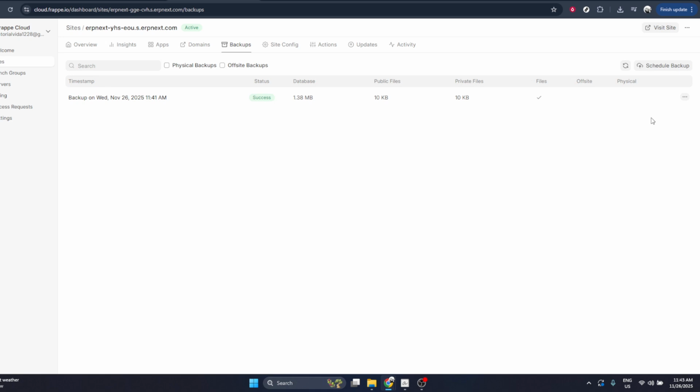Here, carefully review the scheduling options available. Typically, you can choose how frequently backups are created, such as daily or weekly, and sometimes how many backups you want to keep before older ones are deleted. Set these according to your organization's needs and storage limits. When you're satisfied with the schedule and settings, confirm by clicking Schedule Backup again to save and activate the configuration. Once that's done, FrappéCloud will automatically handle backups for your ERPNext site,